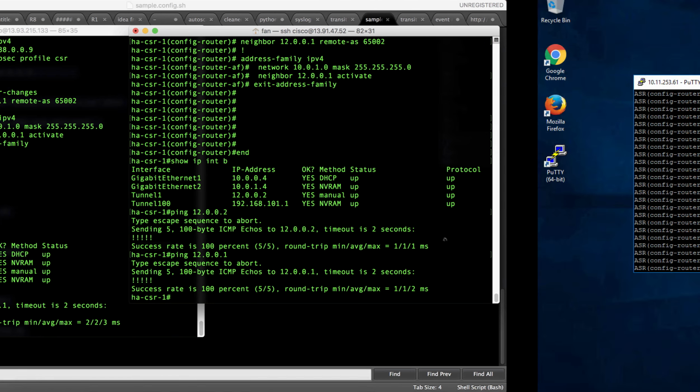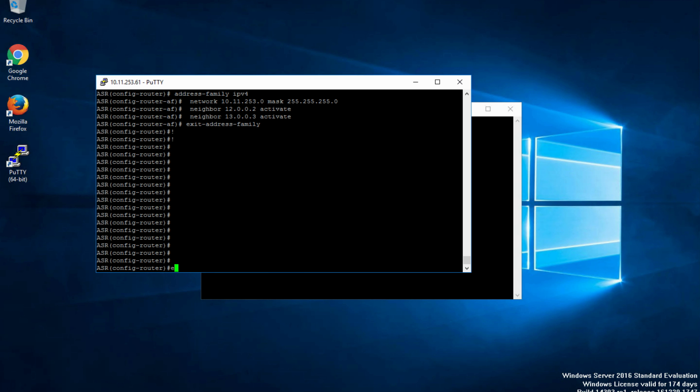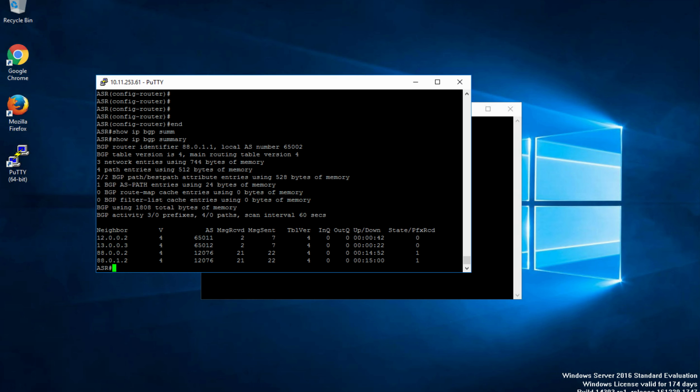So now let's go back to the ASR and do a show ip bgp summary. Now you should be able to see 4 neighbors. The .88 ones are the ones that talk to the virtual network gateway, that's the BGP1 I'm talking about. The BGP2 is here, it's .12 and .13. So if I do a show bgp all,